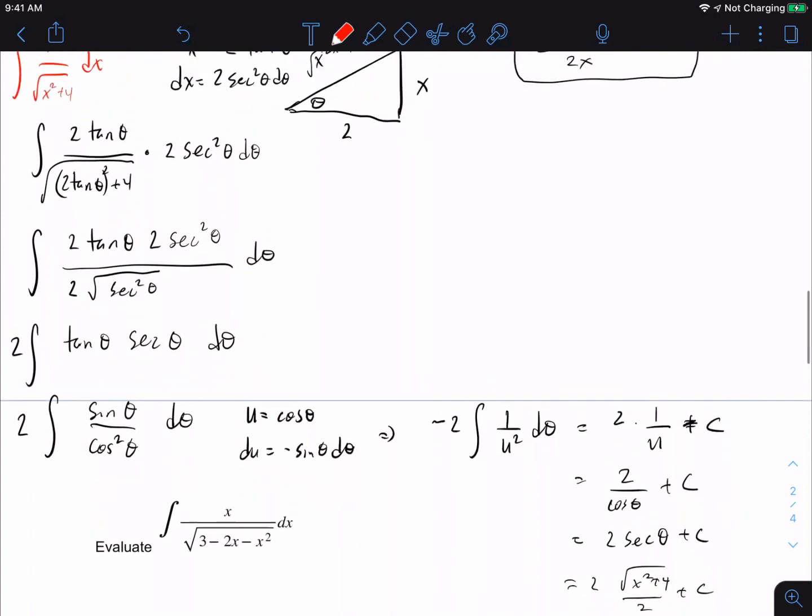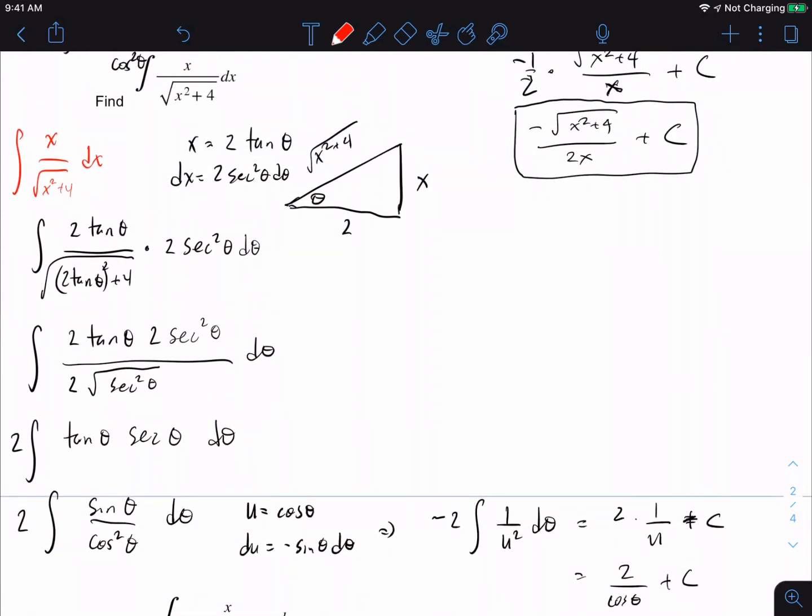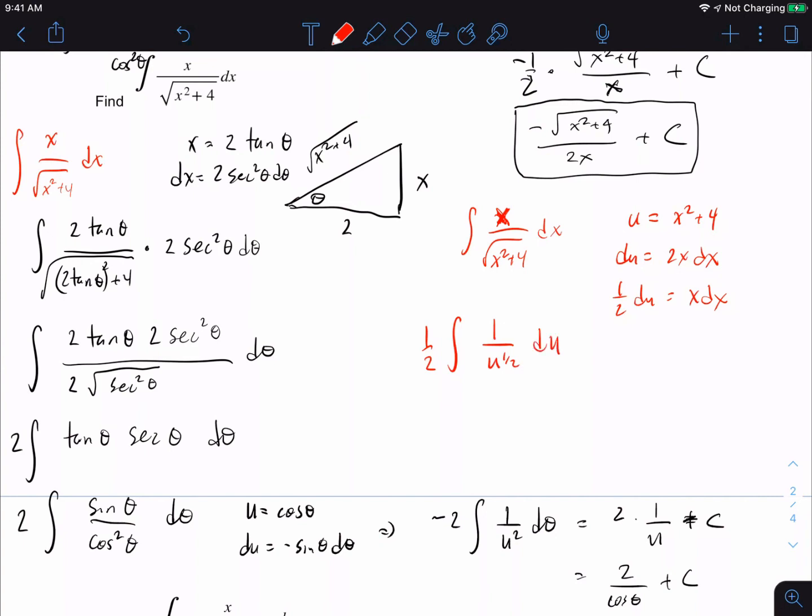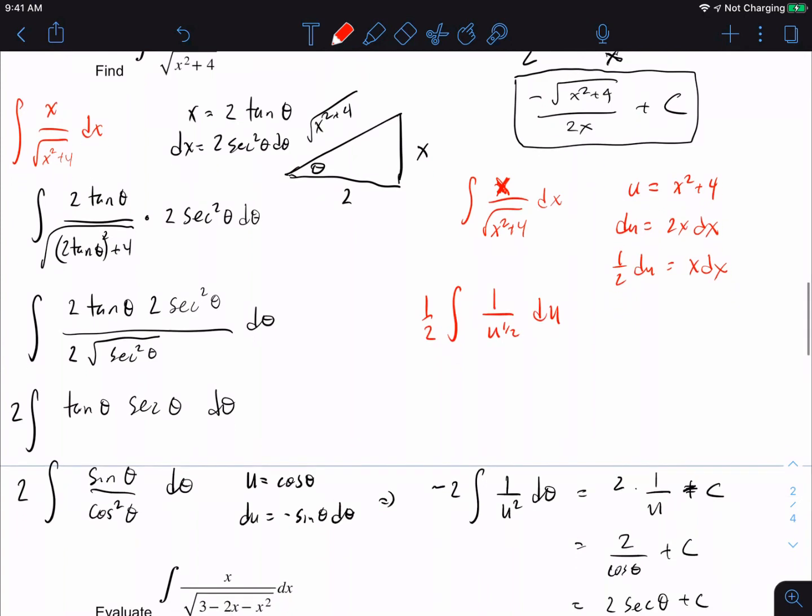Okay. Or, this is so cool, going back to that original problem, I could have seen something cool. I could have just gone u is x squared plus 4, du is 2x dx, 1 half du is x dx. The numerator is gone. The integral of 1 half times 1 over u to the 1 half power du. Right? And when we do this problem, we end up with